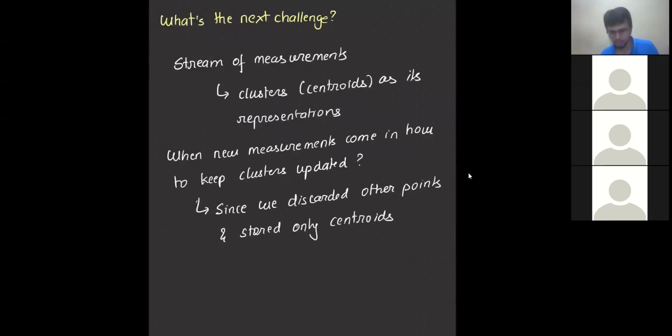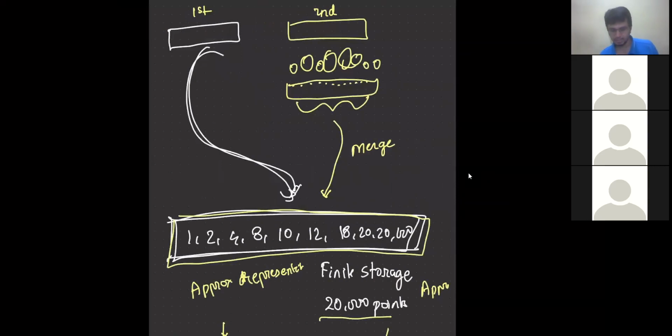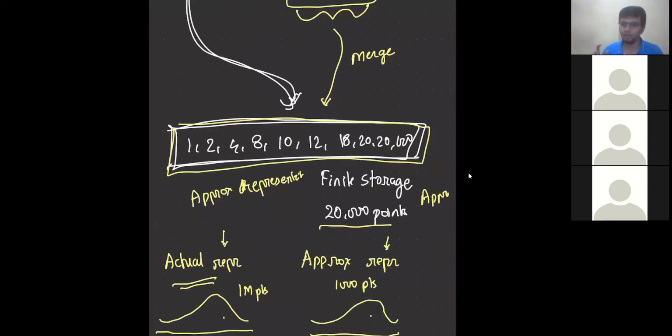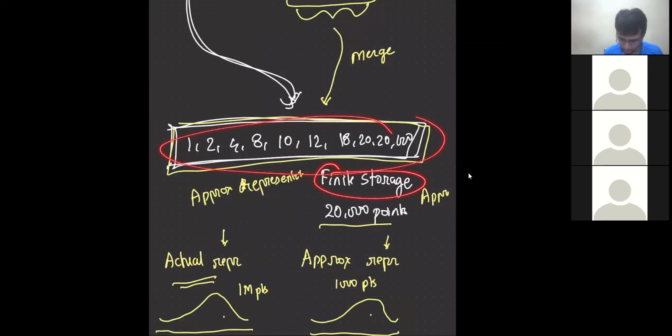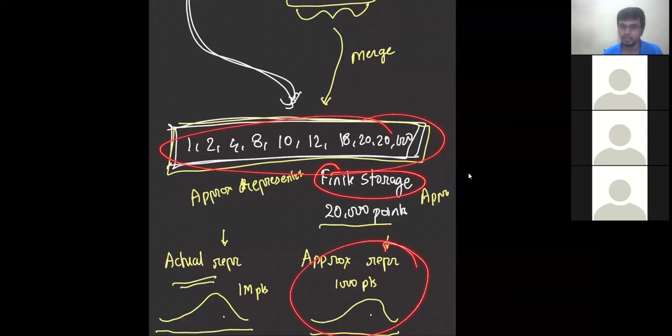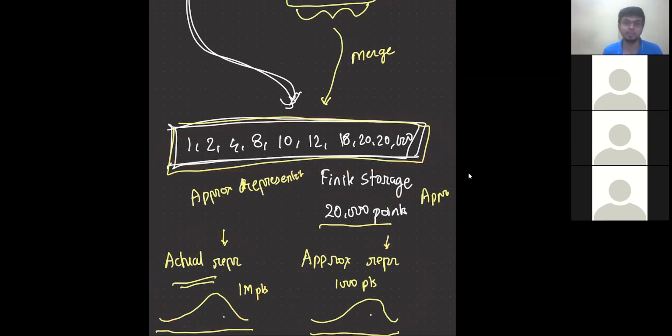But this is what the algorithm is and how these guys are doing it at scale. Any metric that you see on your Datadog or your New Relic, all the computations that you see happen on this finite storage, on this approximate data. It is not happening on the actual representation of it, because the actual representation may have billions of points. Computing a percentile over billions of points takes a lot of time.